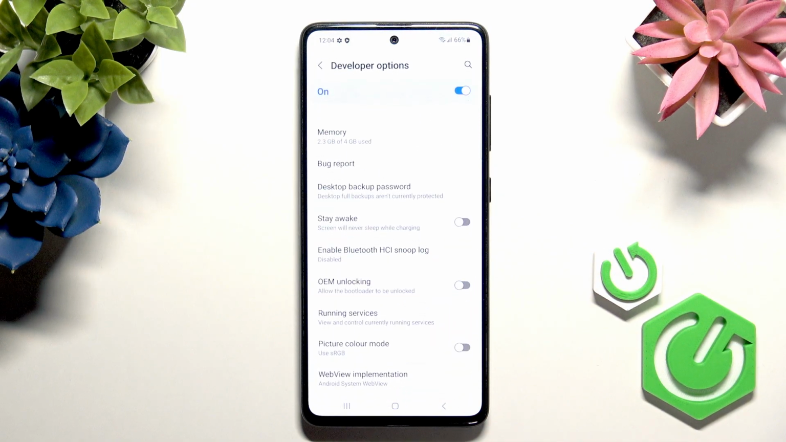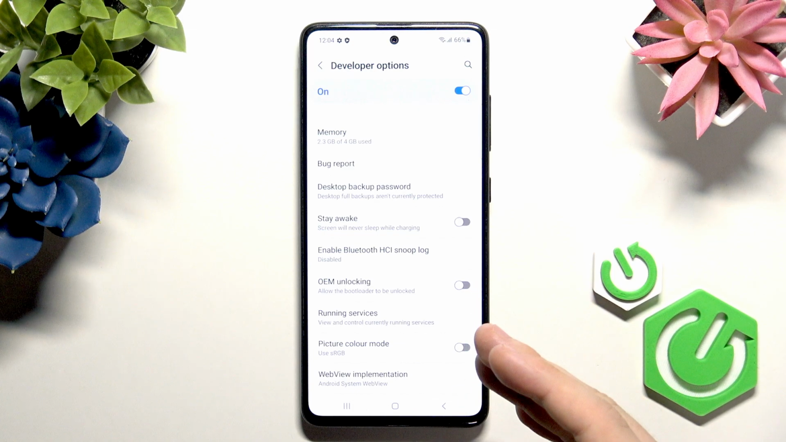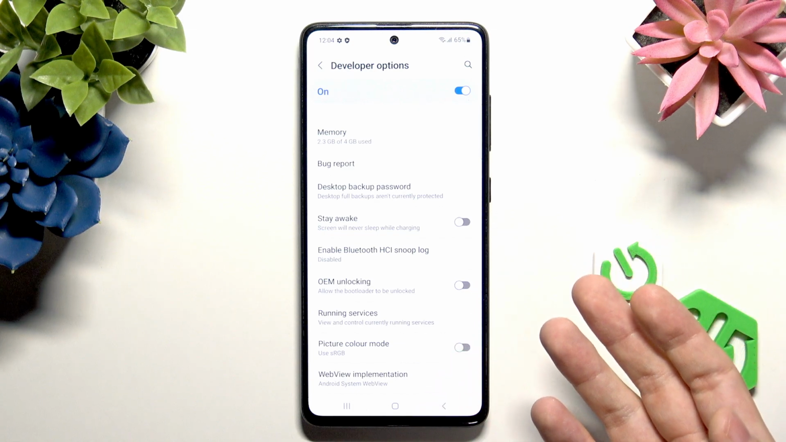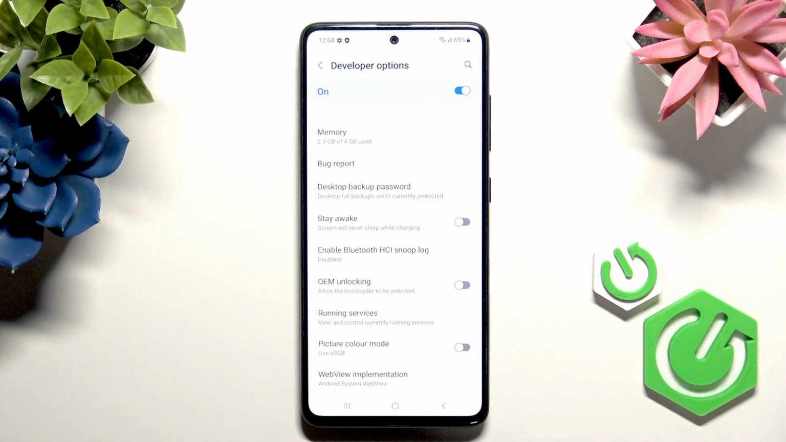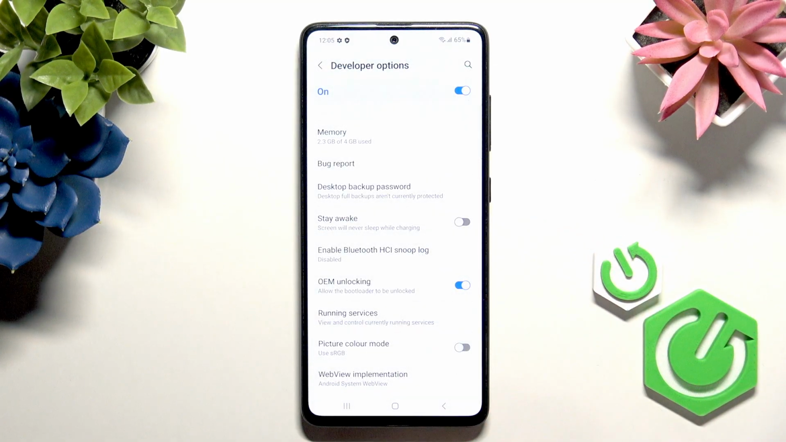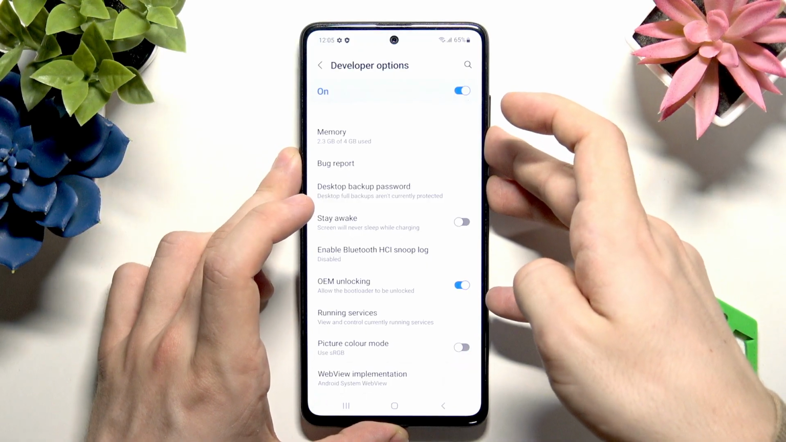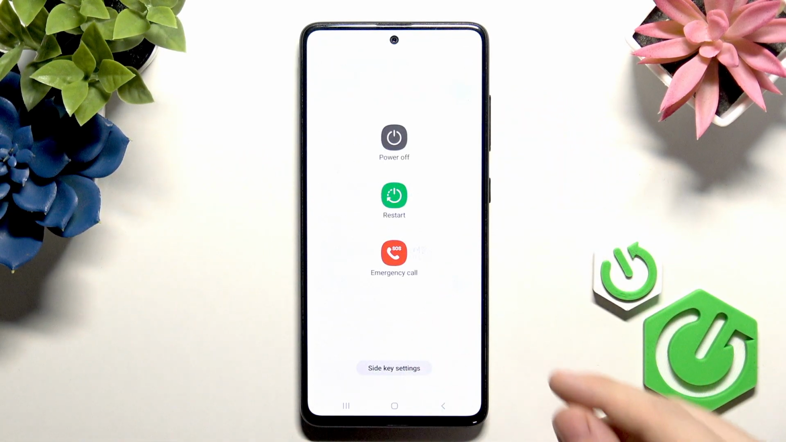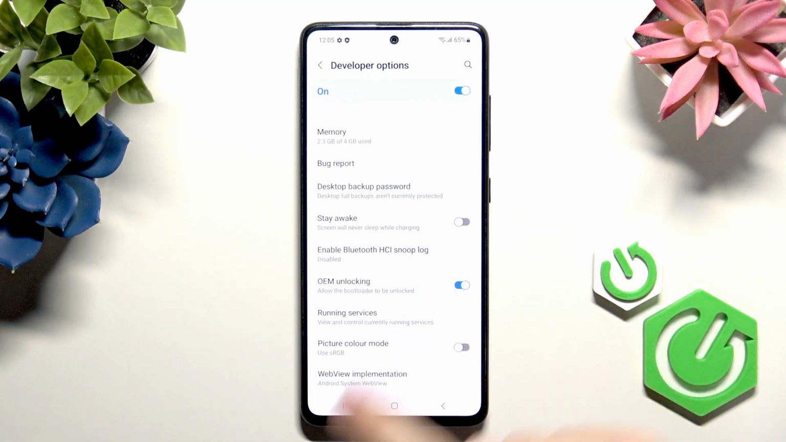Now you should see OEM Unlocking. If you don't see it, you aren't connected to Wi-Fi. Connect, go back into developer options. You may need to wait 2 minutes and it'll be there. Enable it, then click on enable, and now shut your phone down by pressing and holding on power and volume down. But before I do it, I'll actually show you